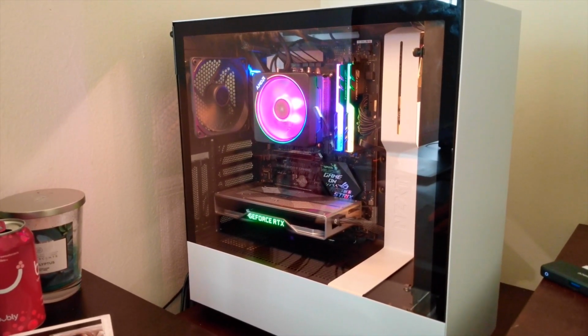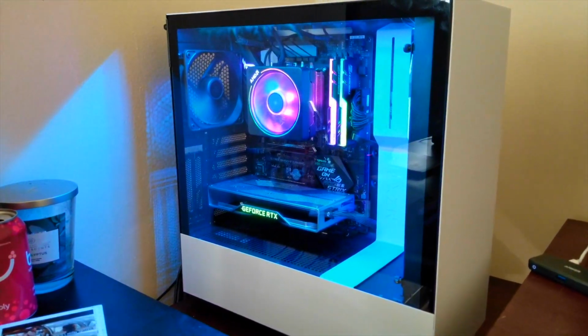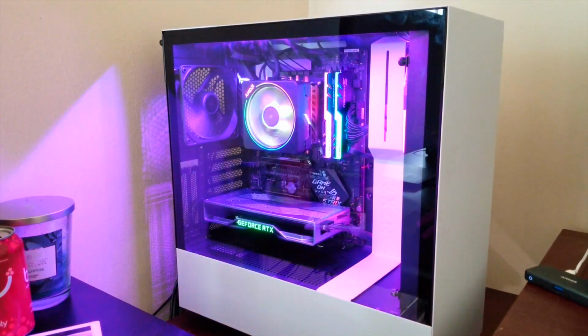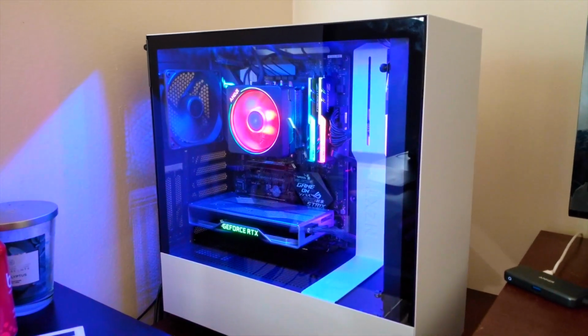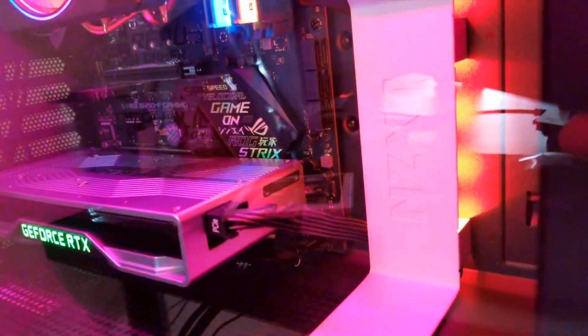But like I said, I think my favorite one right now is Super Rainbow, and I just set it on normal, so it kind of pulsates through. But the Rainbow Pulse is pretty cool too. But that's a little too much for me, so I just do Super Rainbow. So I'll put that back on, and I'll try to get a little bit of a closer look here, so you can see,